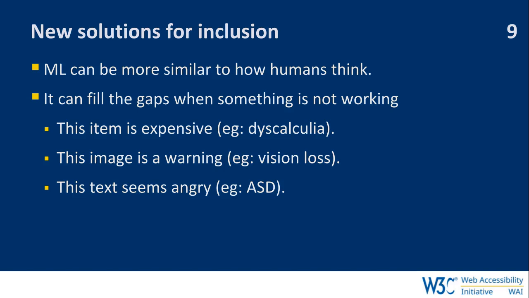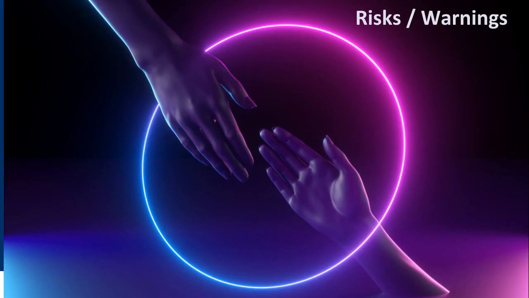Another example is for vision loss. You have an image, and they haven't all got alternative text. What would be a good description of the image, and what's the image trying to convey with its red and yellow signage that might be a warning, which is more than OCR could do. So that's more like that instant recognition of the mood of this image that's portraying something. Right, so that's sophisticated image recognition, which can support different disability types.